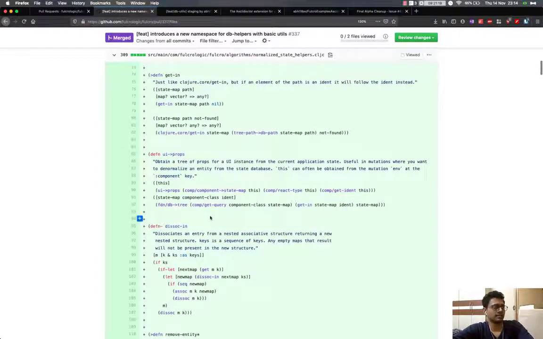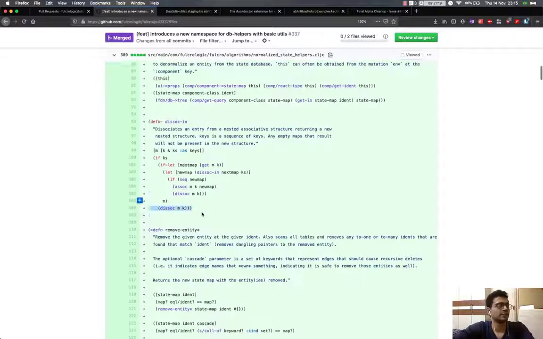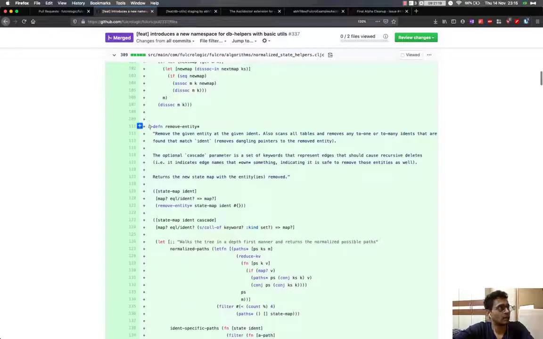Then there is a relatively simple function which basically converts the UI to properties, and then there is another top level function. This is not directly related to Fulcro, but since almost everything in Clojure is about data, I think this is true for most programming languages anyway. So if you think of a nested JSON, this basically takes away one part of that JSON. So yeah, but now we come to the main function, which took me a lot of time